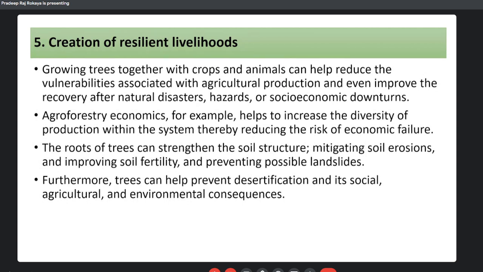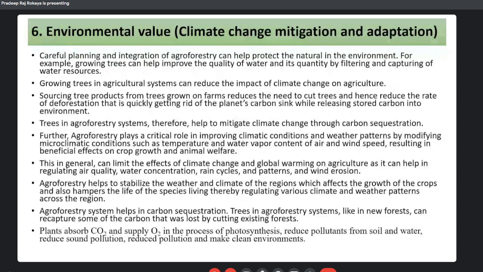Furthermore, this can help to prevent desertification, and social, cultural, and environmental consequences. Environmental value, climate change mitigation and adaptation. Careful planning and education of agroforestry can help to protect the natural environment. For example, growing the trees can help to improve the quality of water by filtering and capturing